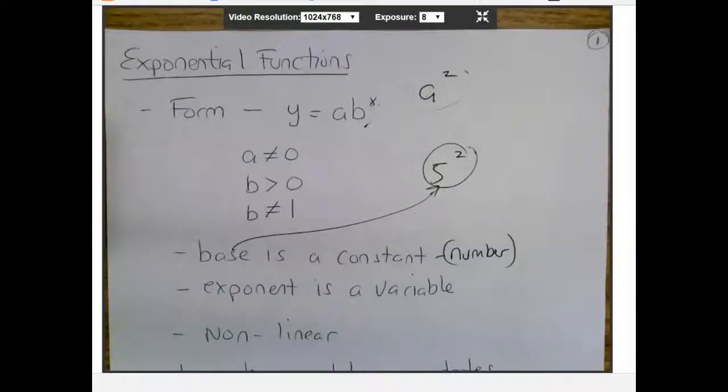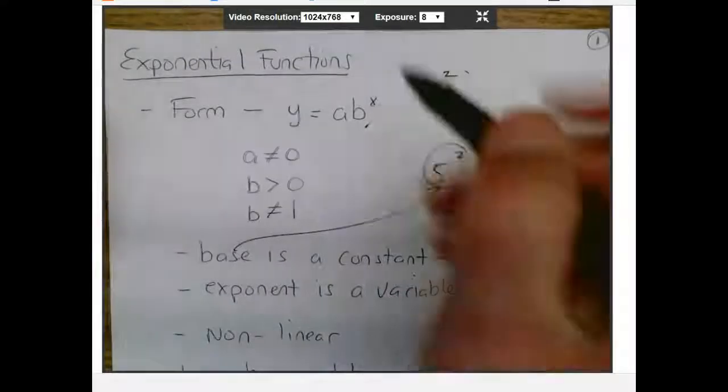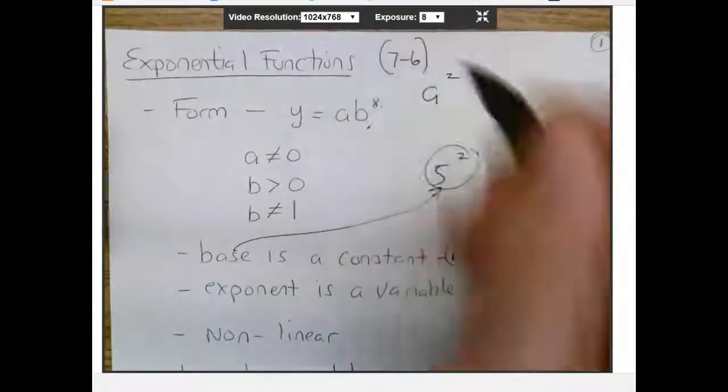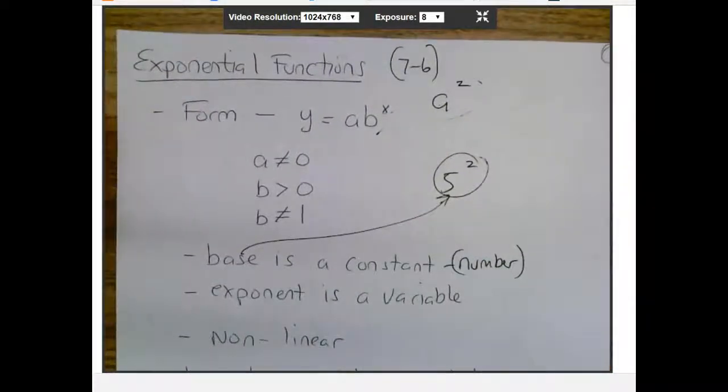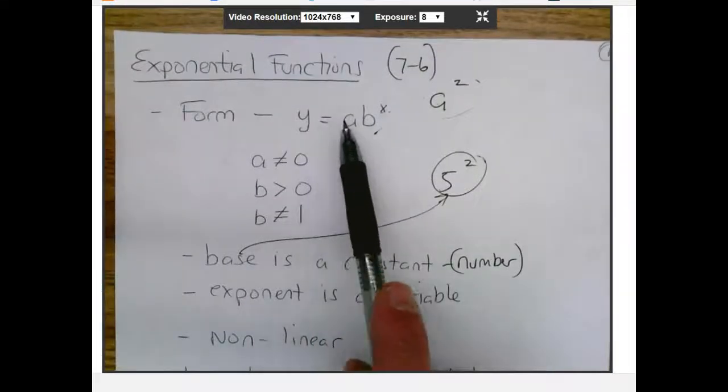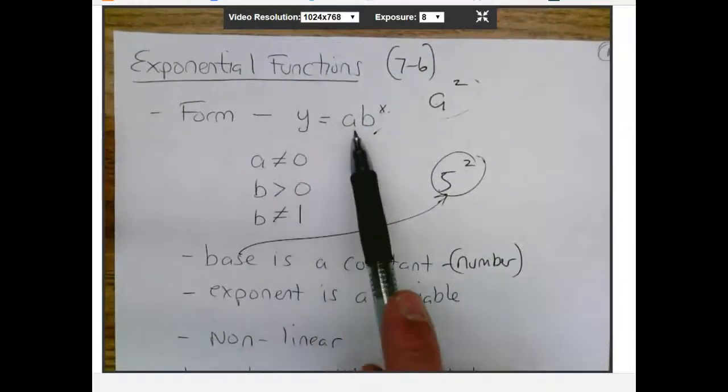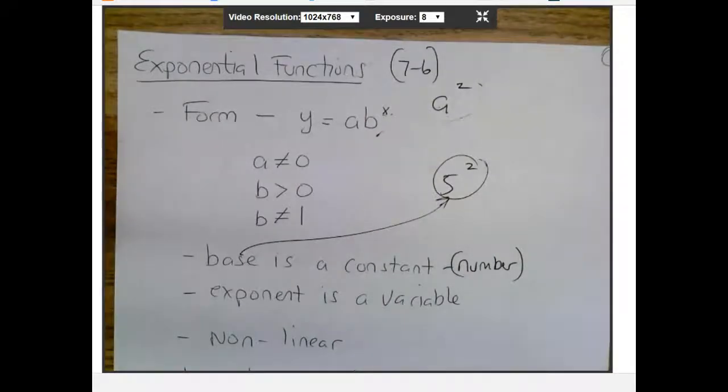Alright, so these are our notes on exponential functions. It's going to be lesson 7.6 in Algebra, and we're going to be looking at exponential functions. If you remember, a function is something like y equals x, or y equals 1/2 x, which gives us some kind of line. Here that's going to give us a little bit of a different kind of line